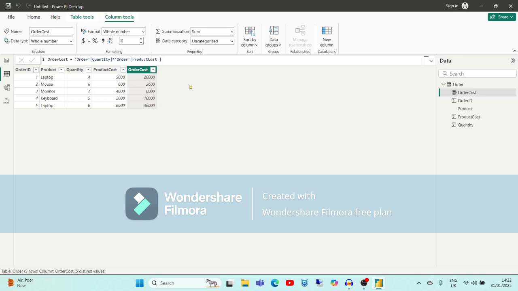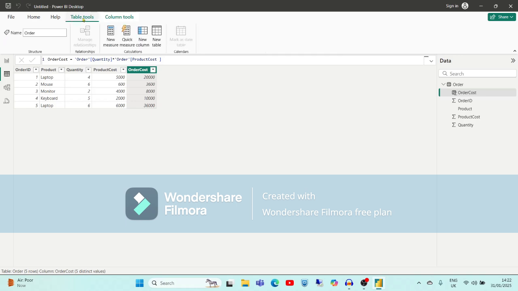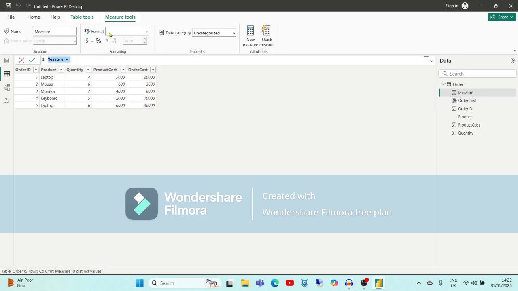Now I want to use a new measure also. I want to apply my calculated measure also. For that purpose, again I will click on this table tools. Again I have the option here, new measure, and here I want to calculate the sum of this order cost. So I will apply the formula,